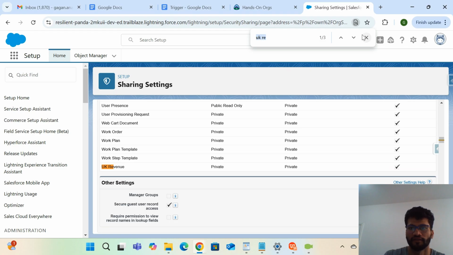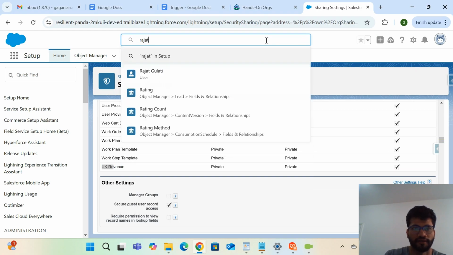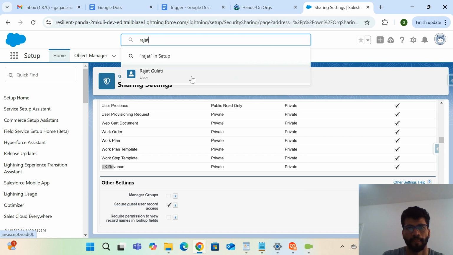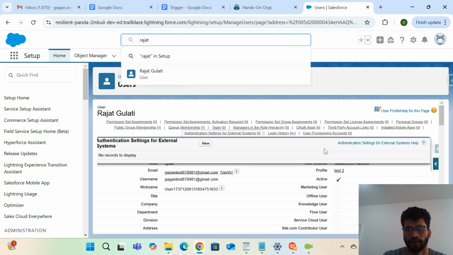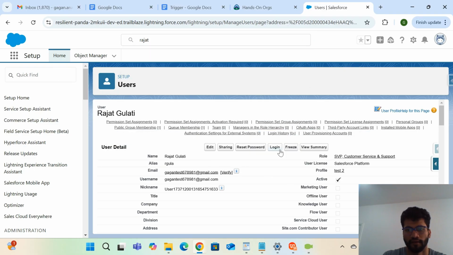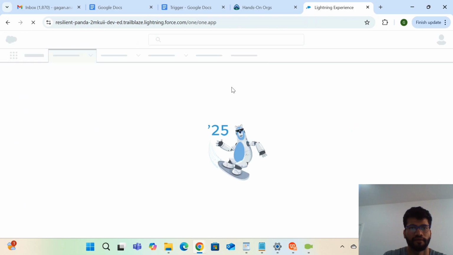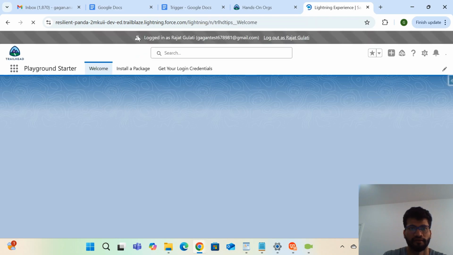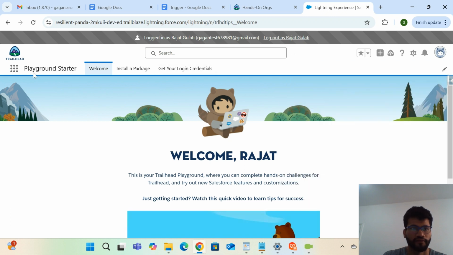Now I have to go to Rajat Gulati and log in as Rajat Gulati. So now I click login. Now I have logged in as Rajat Gulati. You can see on the top. Now I have to go to the same object